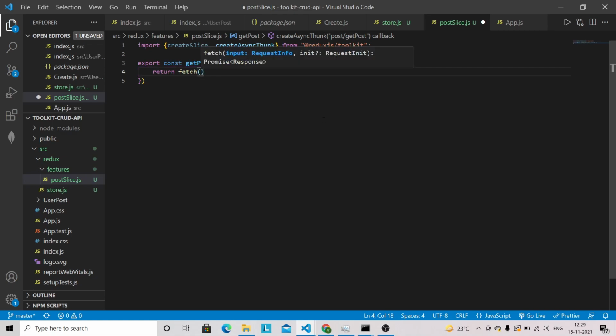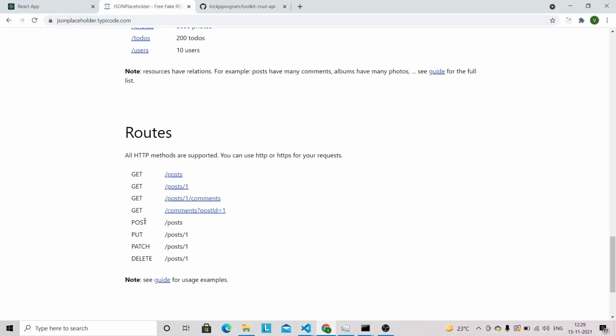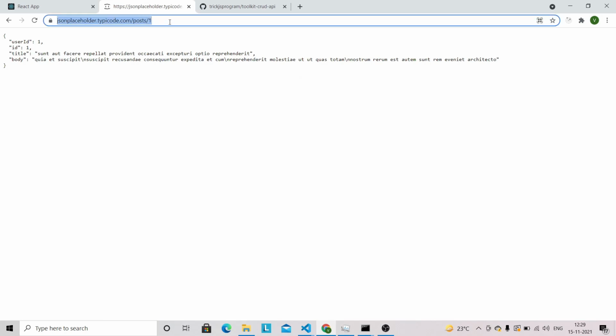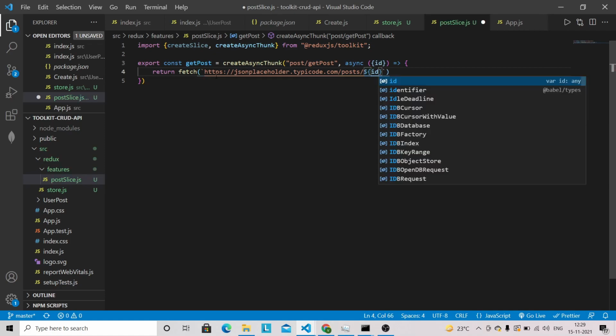We need to provide the URL here. We are fetching the post based on the ID, so we are going to use this URL, and we can just copy this one and paste it here. Remove this ID, because the ID we are going to get from our React UI component.